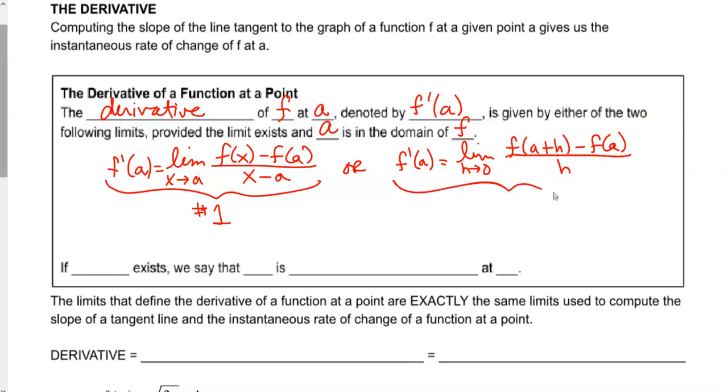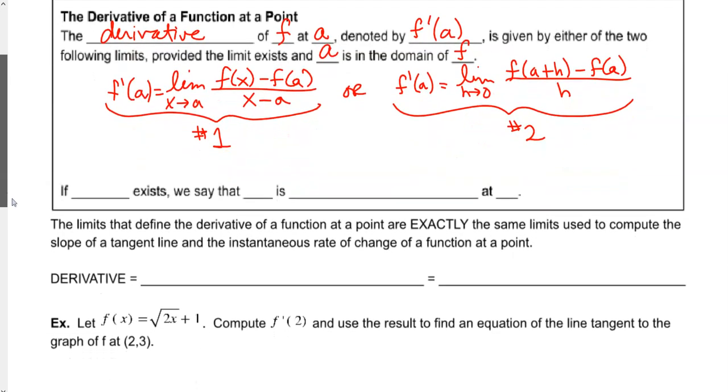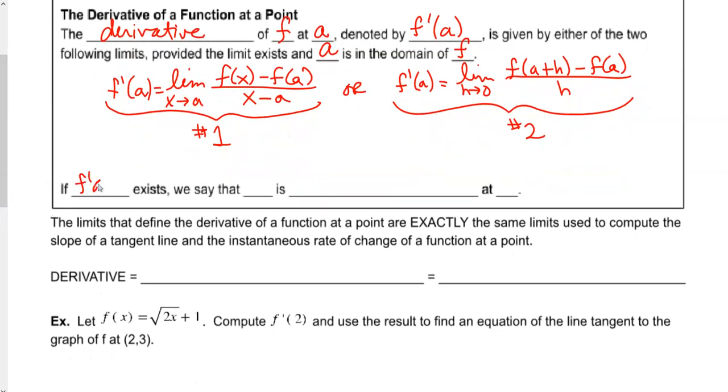And this is what your book refers to as definition number 2. So in your homework on MyLab Math, if they ask you to use each one of those, or if I ask you specifically on the test to use one, then you want to make sure that you are able to do that. Okay, so if f prime of A